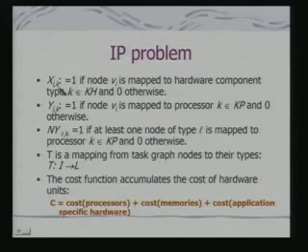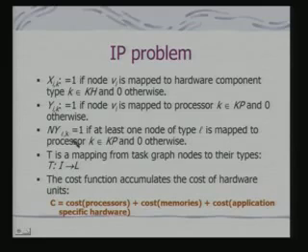So, the problem is that we shall have xik, the variable, is 1 if the node vi of the task graph is mapped to hardware component of type k. So, it is xik, k will be an element of KH, okay. The set of possible architectures is 0 otherwise. And yik is 1 if node vi is mapped to processor k, element of KP, which is a set of processors, and 0 otherwise. So, that means x and y are indicating what? Whether I am designing a dedicated hardware or whether I am mapping it to software.